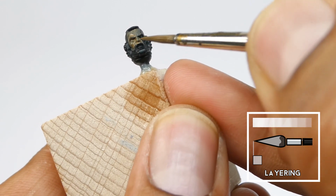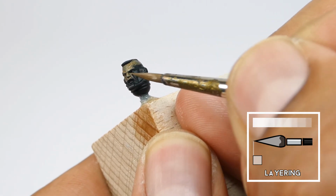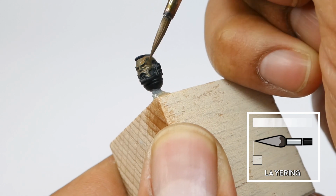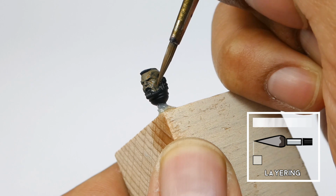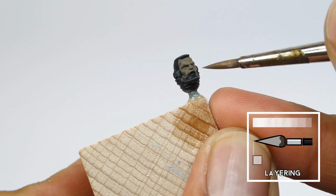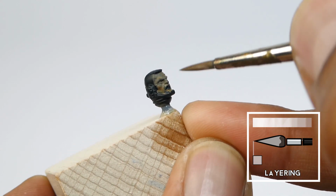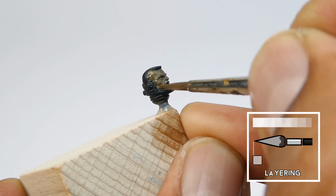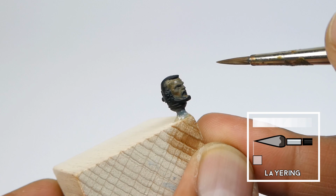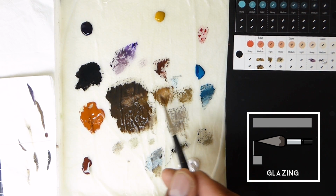We're not going really into the mouth itself, because that should remain quite a dark area afterwards. Okay, and we'll continue with a second layer once the first is completely dry. Okay, so this is how the head looks with just the base color in place, and we'll continue using some of our base color that we've just mixed